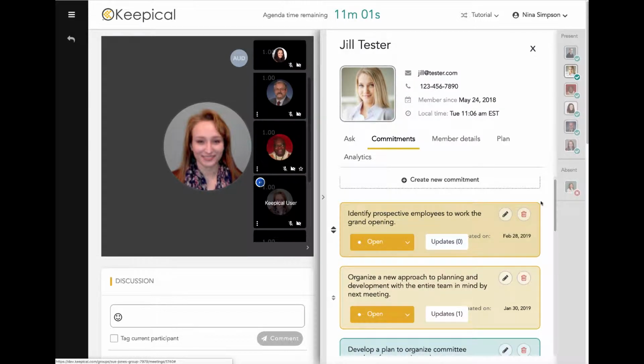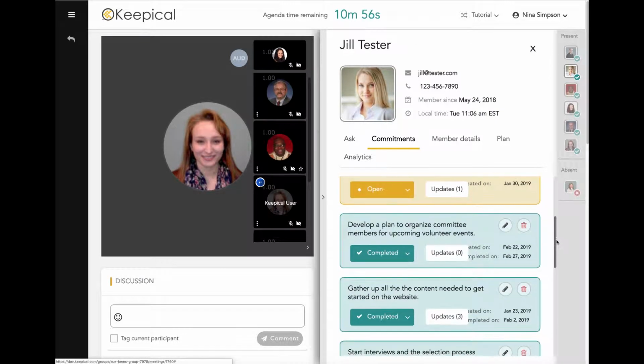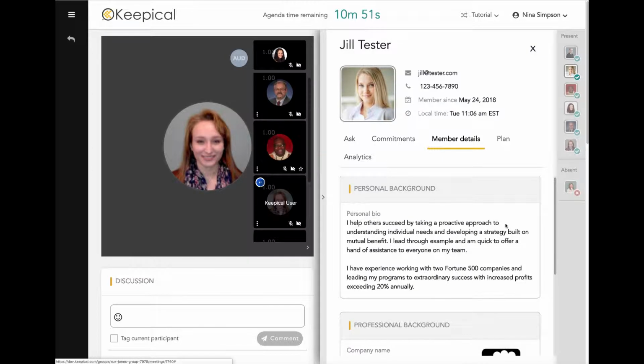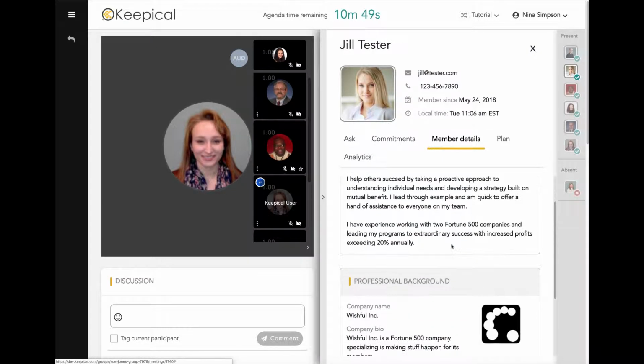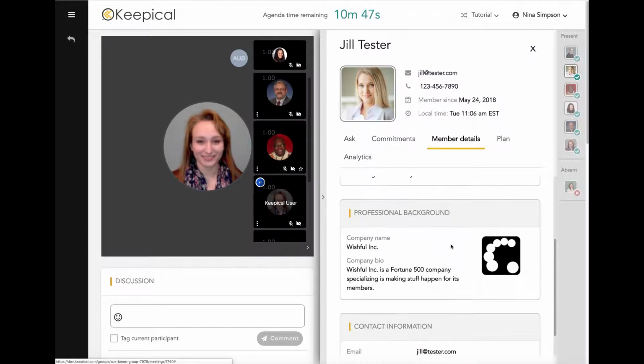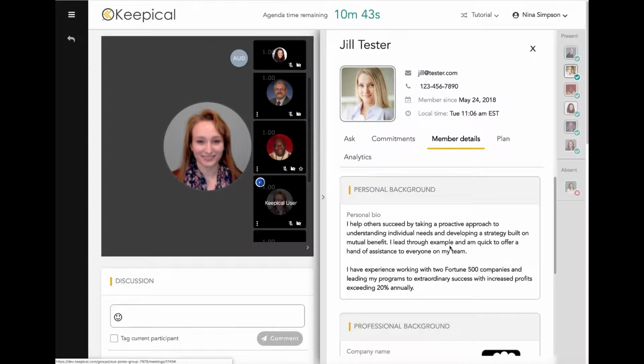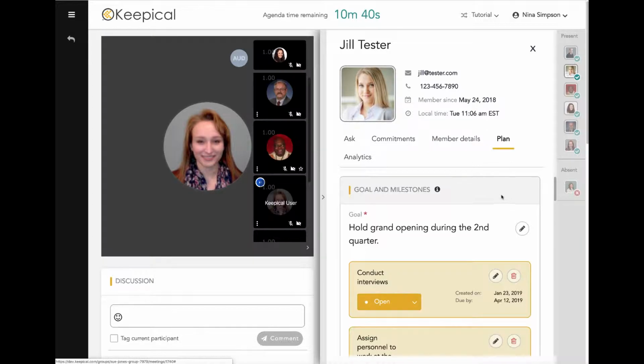Here you can scroll down and actually see some of their completed commitments as well. More member details, background information on their bio, the company that they're in, and contact information as shown on the top. If you're interested in their goals and milestones, you can select the tab Plan, and there you'll see their